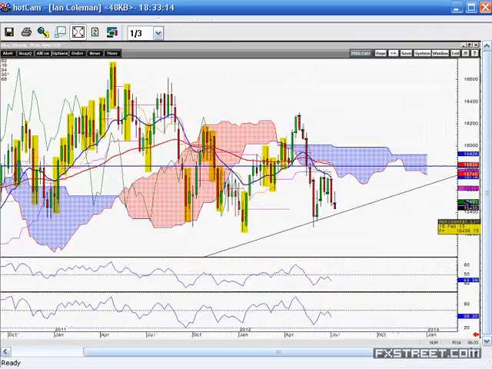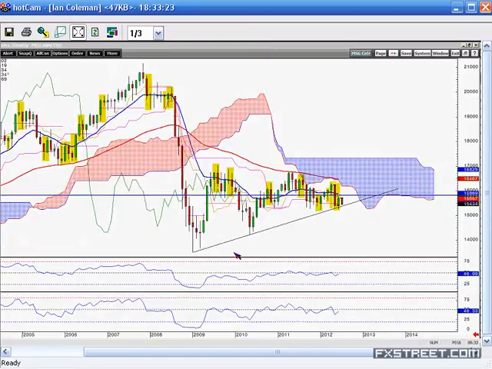Weekly. Now this is a weekly trend line. In fact, I'll show it off the monthly because it gives it out even better. So this is our monthly trend line. We're in a consolidation triangle formation. Sooner or later, this has got to break. Now, the bias is mildly to the downside. If it does break to the downside,